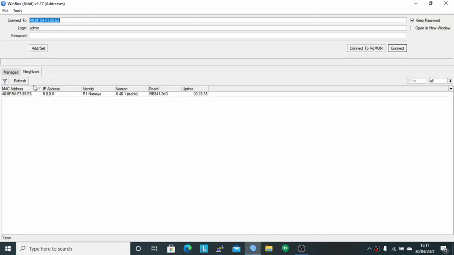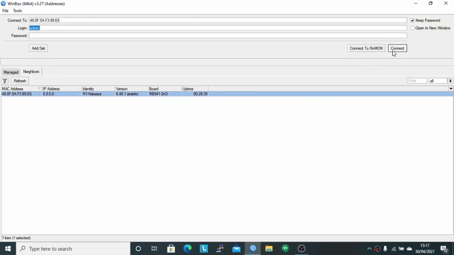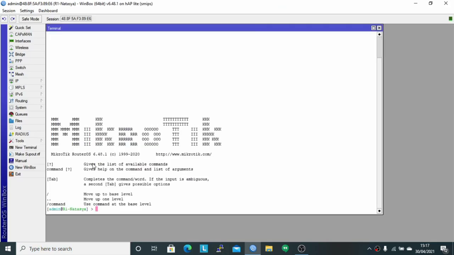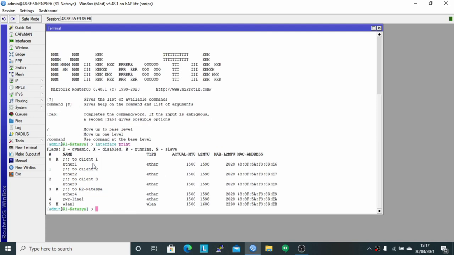First, log in to router 1 using the MAC address and click new terminal, and first check the interfaces used by the router with the command interface print. It can be seen that the interfaces used are Ether 1, Ether 2, Ether 3 to connect the clients and Ether 4 to connect to router 2.